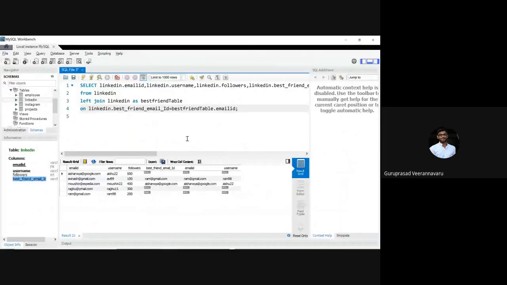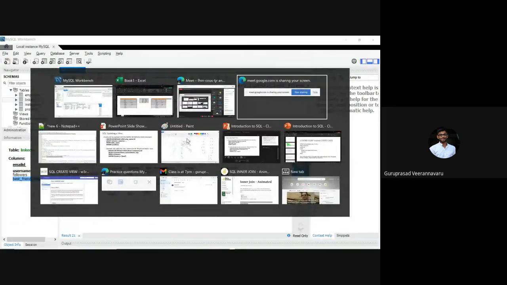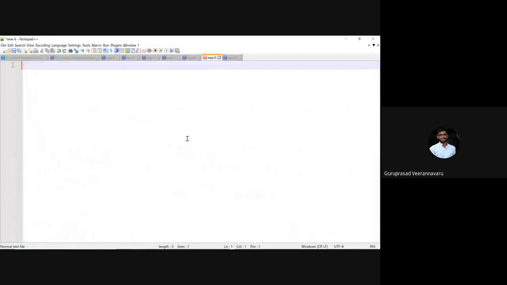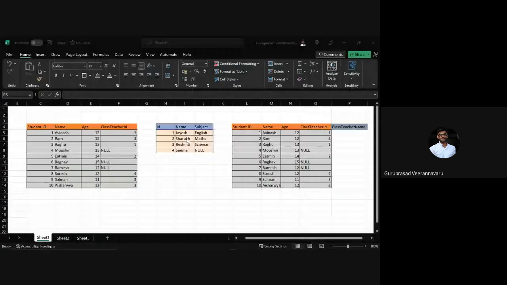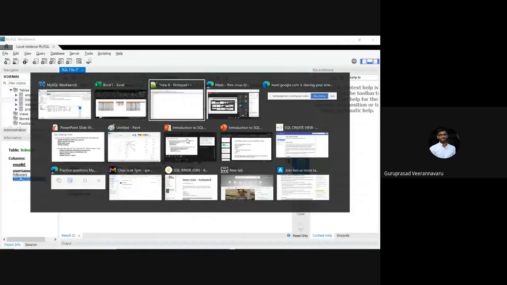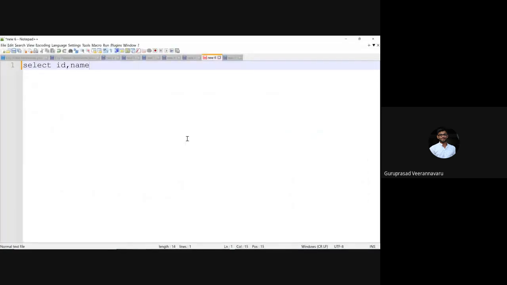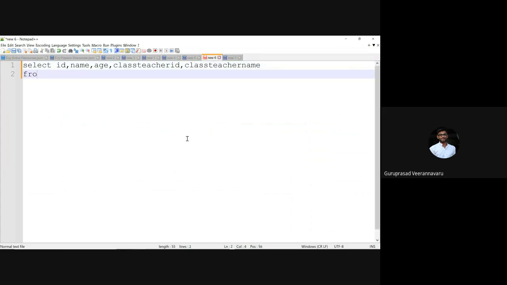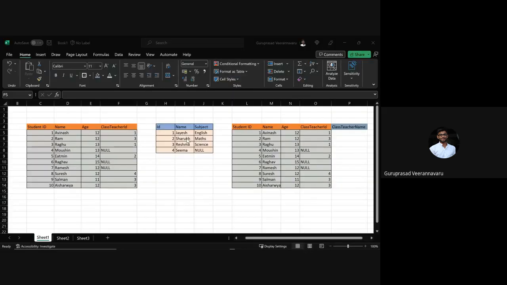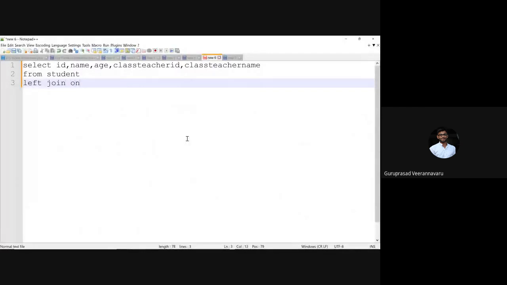The query will be, I'll write it on notepad because I've not created the table still. Select whatever it is, what all are there? ID, name, age, class teacher ID. Select ID, name, age, teacher ID, and class teacher name. From left table, what is the left table? The left table is student table. Left join, what is the table name? Let's say it's called teachers table. No, sorry, left join name of the table teachers